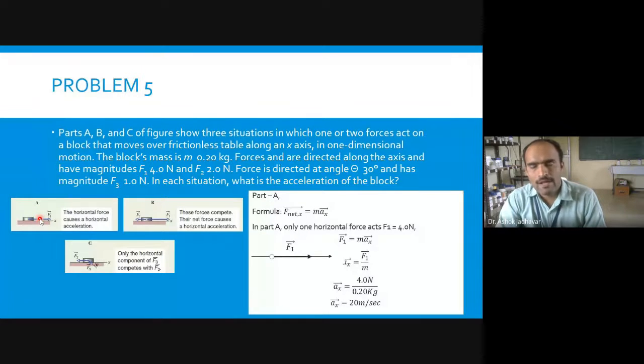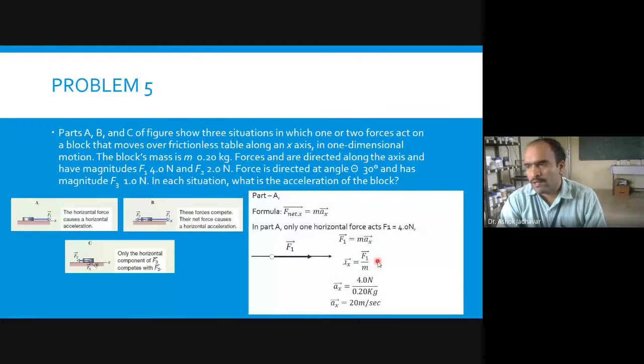As we proceed ahead, at that time you will realize how this free body diagram is useful for us. So let us look at the F1 first. In case A, F1 is along the x-axis, so F1 is equal to max. So net force along the x-axis is what? F1 only. So max. I can determine the value of ax by F1 by m. So ax bar is equal to F1 bar by m.